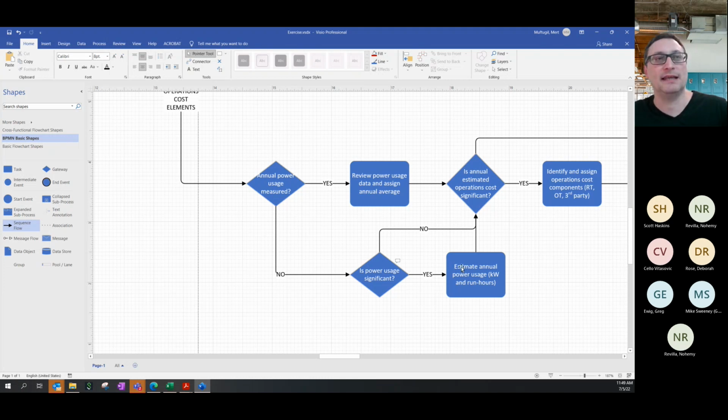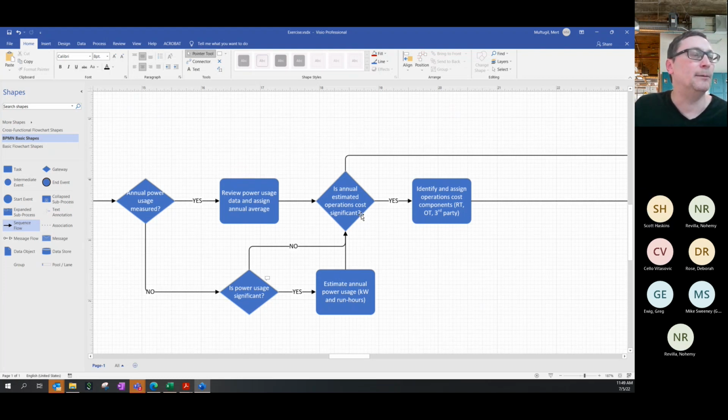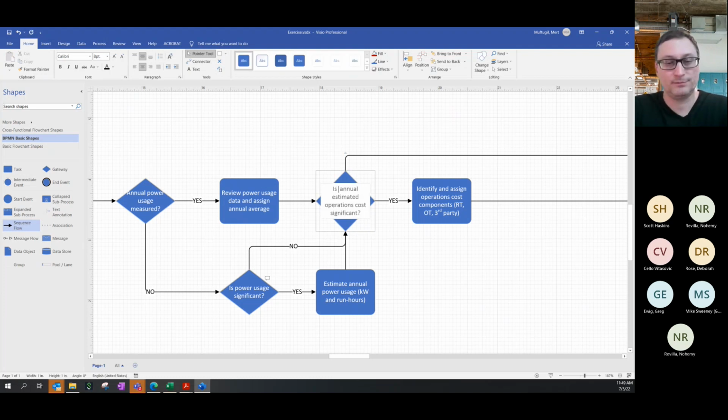But if it's significant, then we could find a way to do an estimate. If it's not significant, you may not be tracking it by asset. Correct, exactly. Then we could basically ignore this impact. And then the question becomes, again, another cost here: whether or not annual estimated operations, otherwise, we probably should say other,